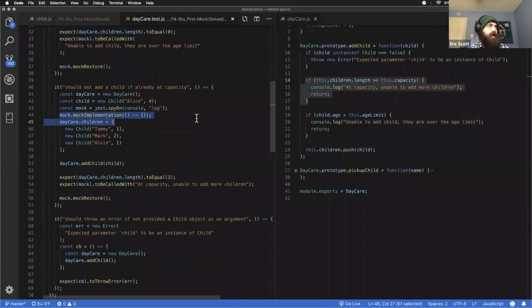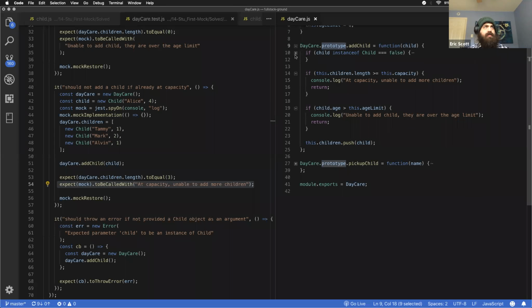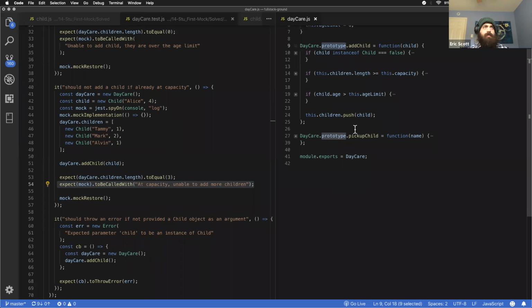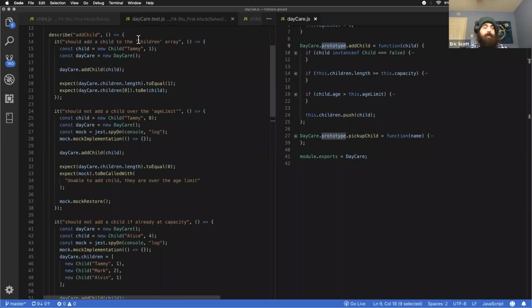We have a mock implementation, and then we expect to be called with "at capacity, unable to add children." So we're adding this into our tests already to make sure that it's acting appropriately. When we add a child, if there are no issues, we just add the child and it's quiet, which is why we didn't have the mock for the positive case. It's in these negative cases, when we would output something to the user saying, hey, we can't add this child,